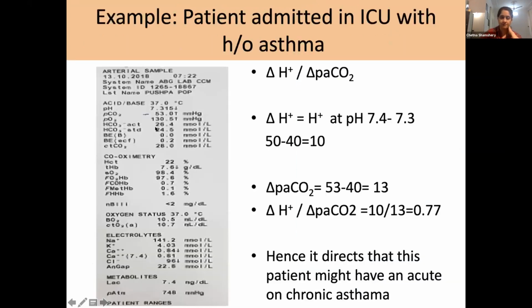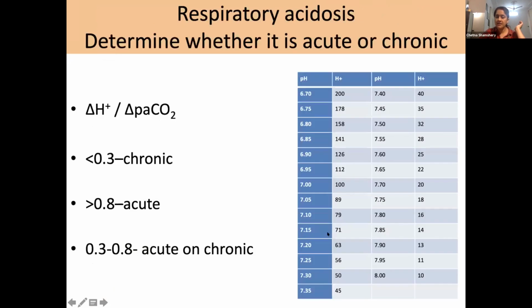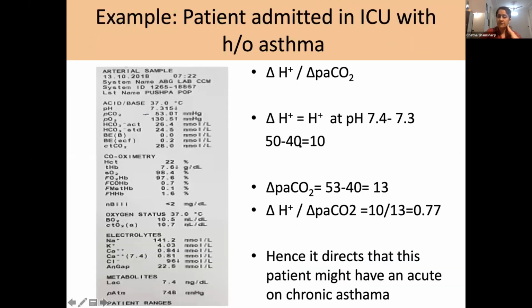Let's take an example. Here the pH is 7.315. Let us presume it is 7.3 and the PCO2 is 53. So at 7.3, the H ions is 50. At 7.4, the H ions is 40. So the difference is 10. So this difference is 10 of H ions. And the difference of PCO2,